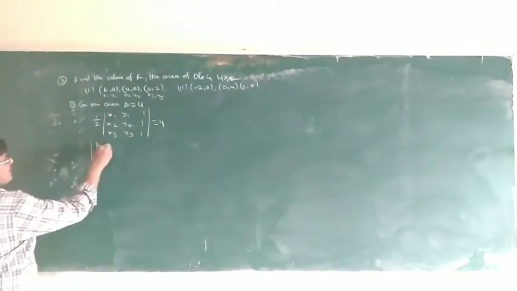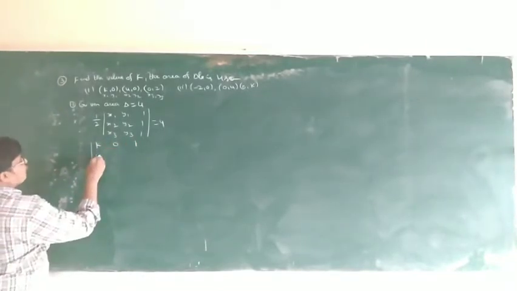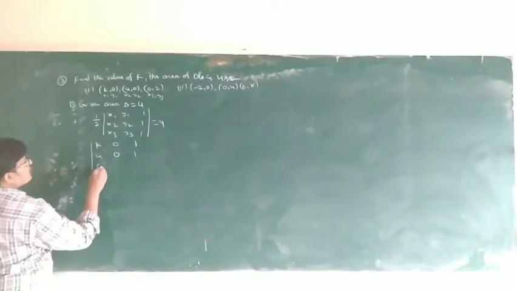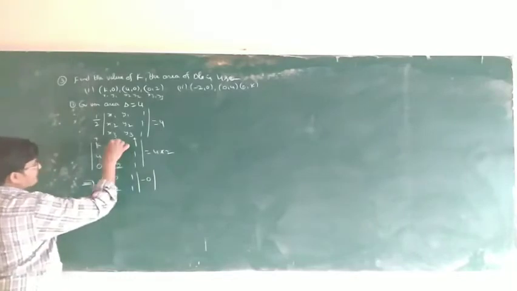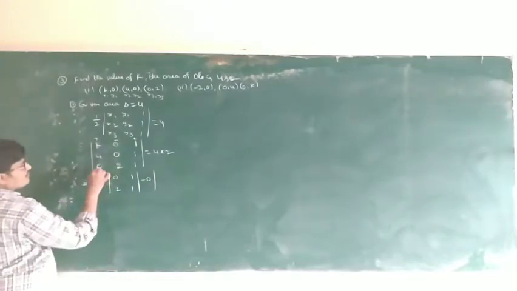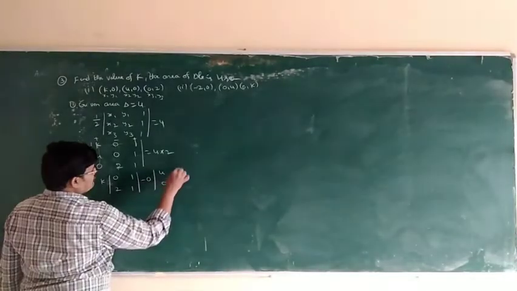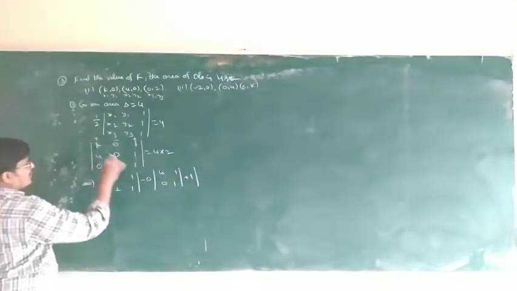So k 0 1, 4 0 1, 0 2 1 equals 4 into 2, this 2 on the left side goes to the right side. So plus minus plus, so that implies k into the corresponding row and column deleted, 0 1, 2 1, minus 0 into the corresponding row and column deleted, 4 1, 0 1, plus 1 into the corresponding row and column,